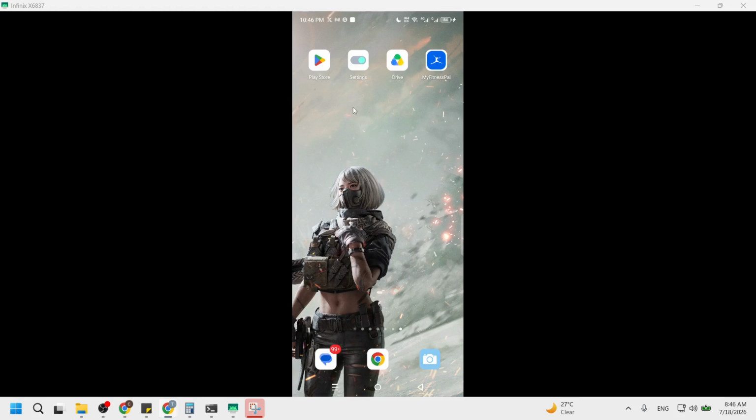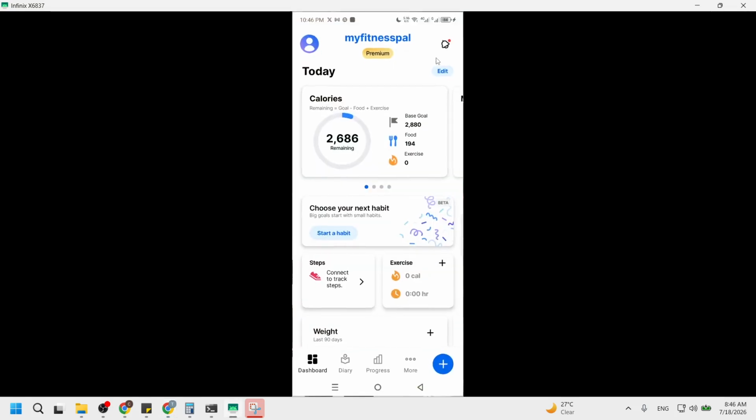Let's get started. First, launch the MyFitnessPal app on your device. You will see the familiar interface that you have been using for tracking your fitness and nutrition. It's important to ensure that the app is fully updated to avoid any glitches during this process. If you notice that the app is not responding as expected, consider restarting your device. This step matters because it sets the stage for a smooth experience as you navigate through the account deletion process.